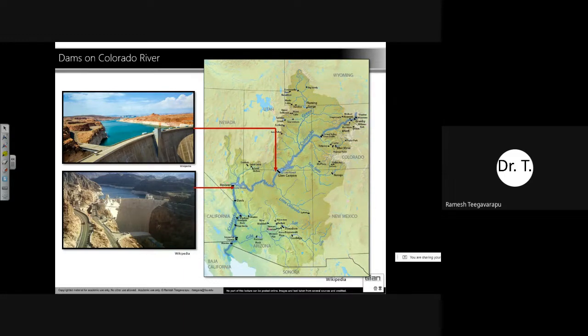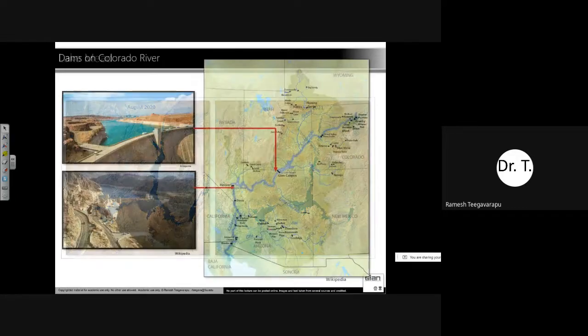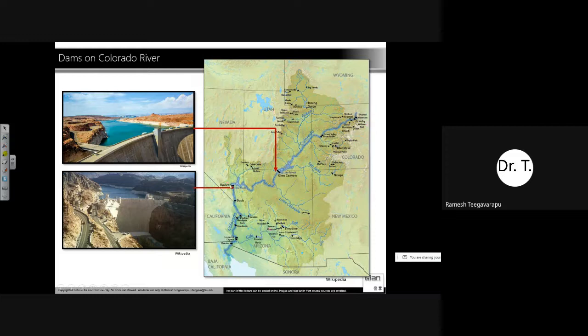This is a couple of dams on the Colorado River, and you can see that it passes through different states and provides a lot of water for Utah, Nevada, California, and Mexico, and that really is a lifeline for many states, both for water supply as well as electricity. And you can see Lake Mead, that is here, the Hoover Dam is one of the largest